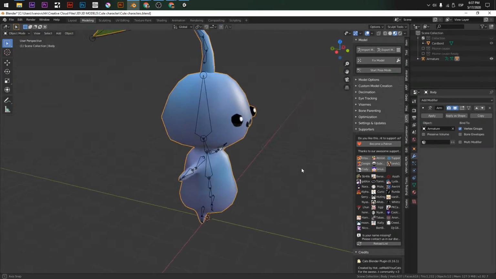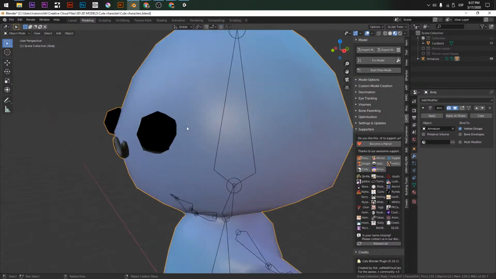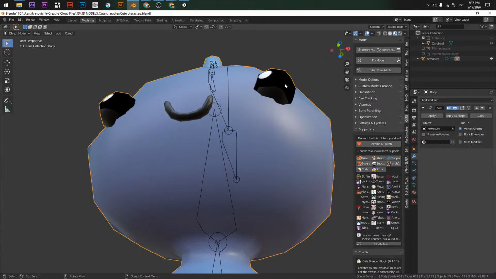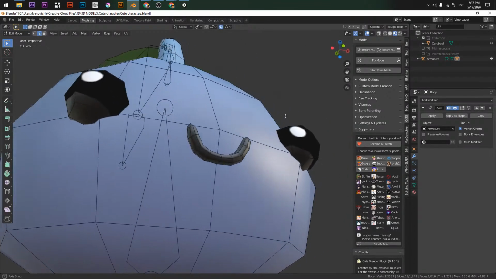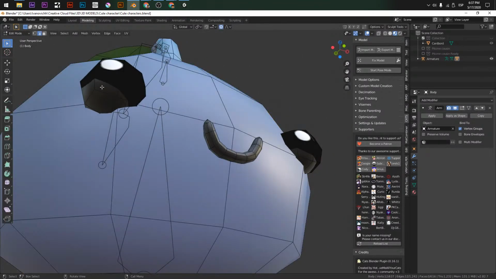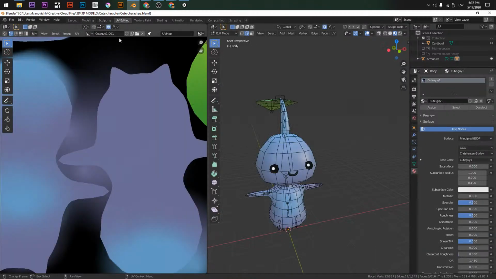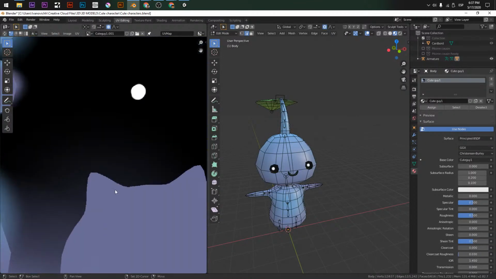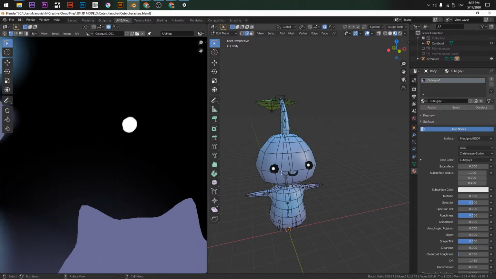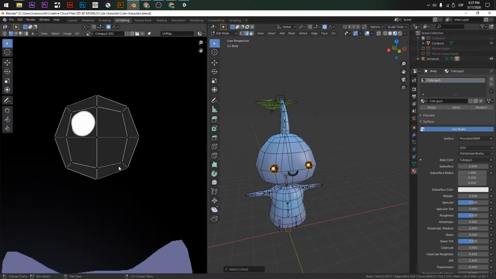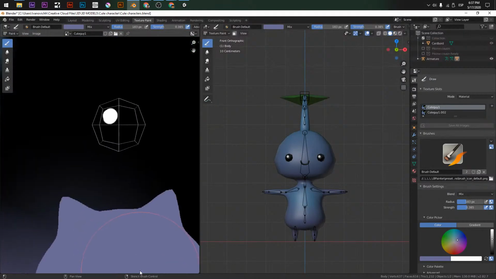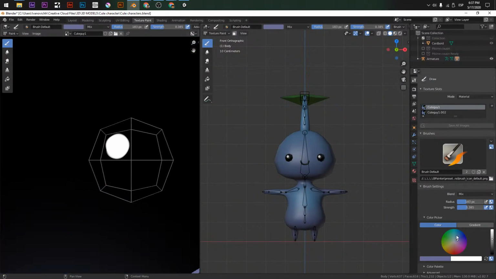I think that's okay. I have to check this in the texture, what happened. Oh yeah, the radius affected. So to fix this,